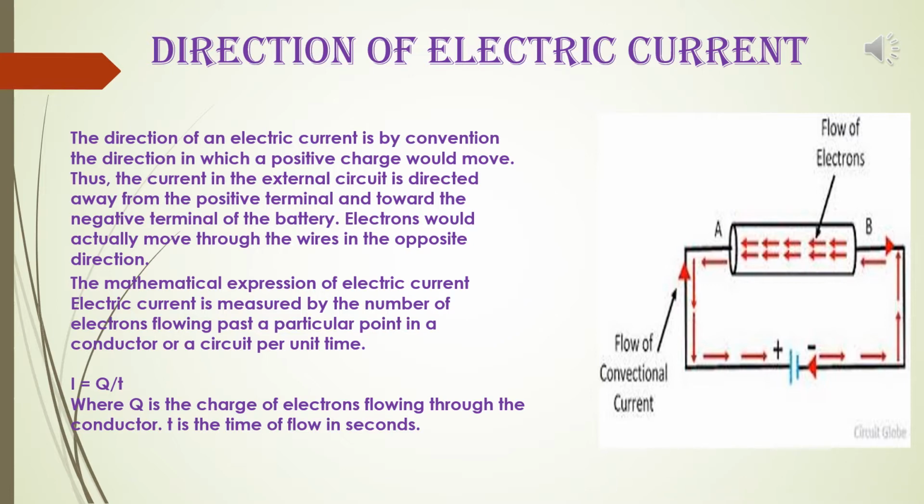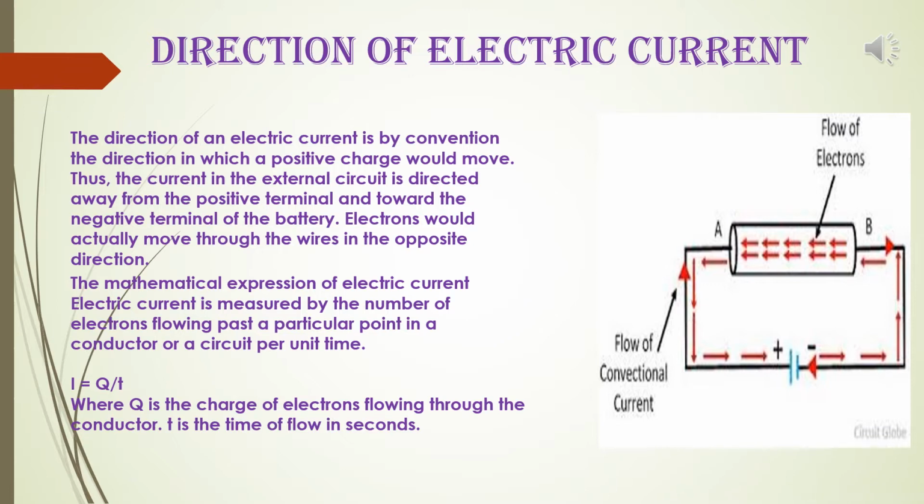So what is electric current? Electric current is the amount of charge flowing through any cross section of a conductor in unit time. If Q amount of charge flows through a cross section of a conductor in time t, then the electric current I is equal to Q by t. SI unit of electric current is ampere. So the mathematical expression of electric current